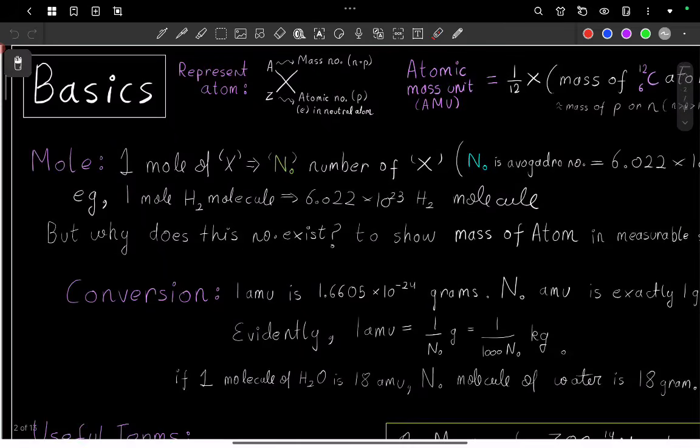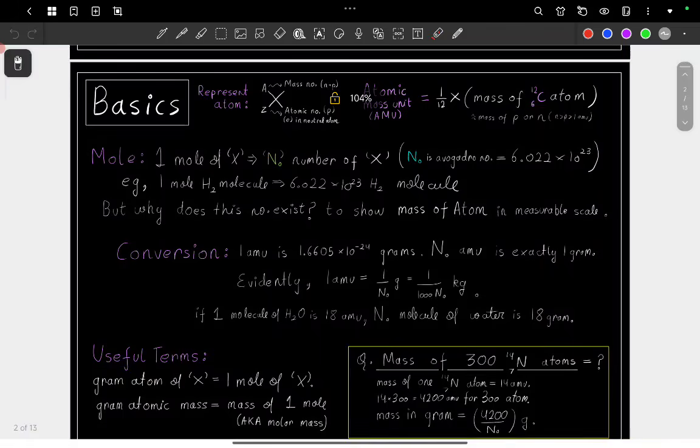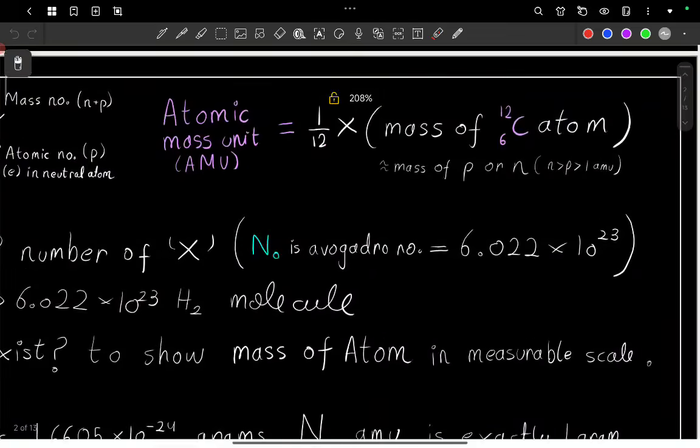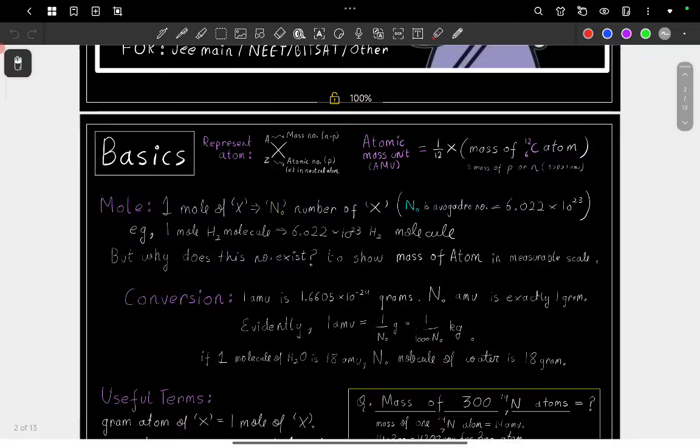Now, what is a mole? Mole is the dozen of chemistry. One mole of anything is N naught number of that anything. And what is N naught? It is 6.022 into 10 raised to the power 23 entities. For example, if I say